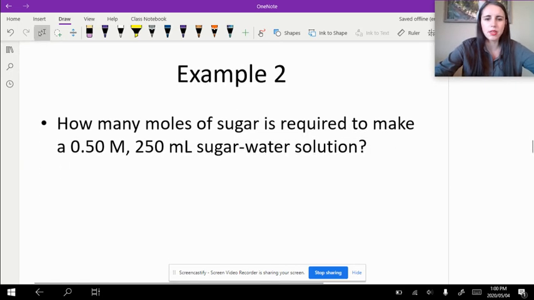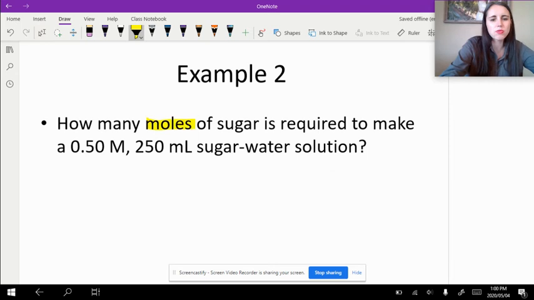In this example, this is asking how many moles of sugar. So it's giving us 2 different values. It's giving us a concentration. Now, be really careful here, because I know what you're saying. You're saying that concentration is in moles per liter. This big capital M here,